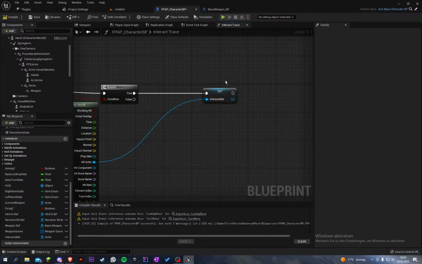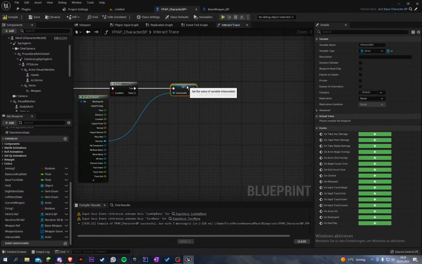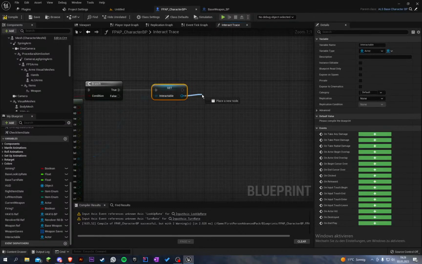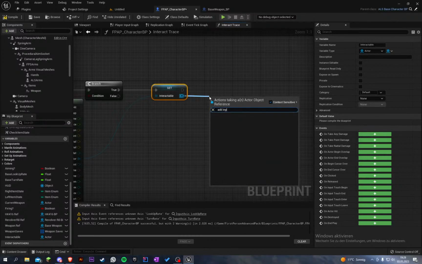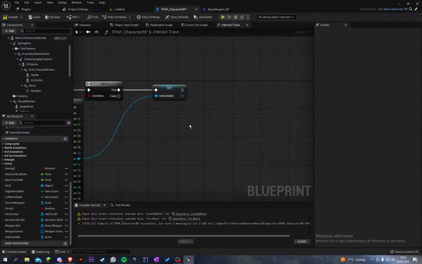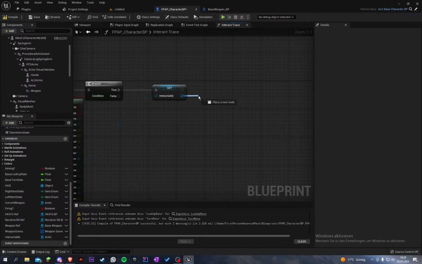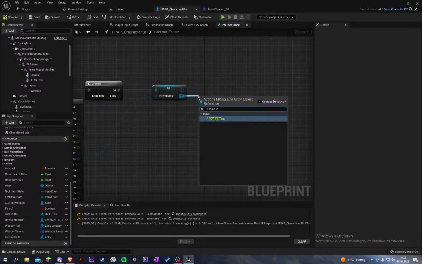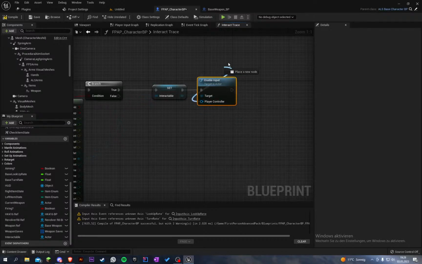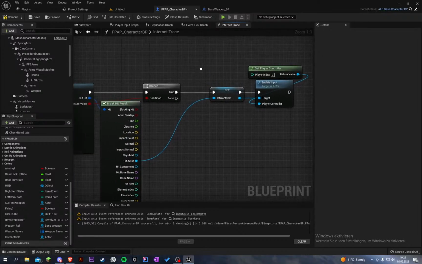Then we're going to add input, enable input. Get our player controller. Okay, so